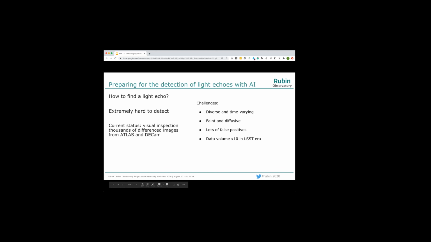Next slide. But light echoes are extremely difficult to detect because light echoes are diverse and time varying. They're also very faint and diffusive, and there are a lot of false positives like the reflections of the telescope and many other artifacts. The current way to detect light echoes is by visual inspection of thousands of images from Atlas and the DECam. And in the era of LSST, the data volume will be 10 times larger. So,